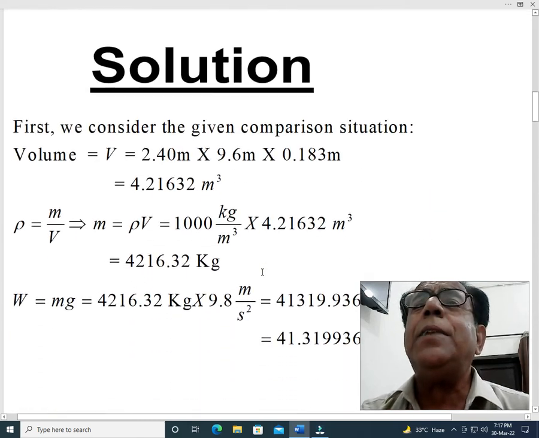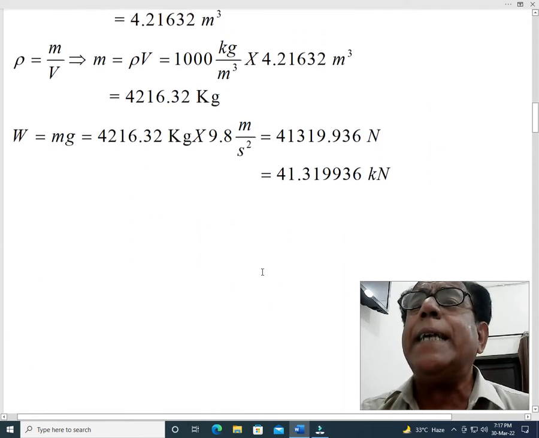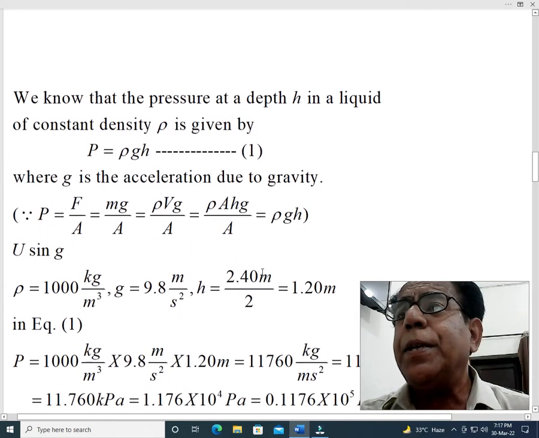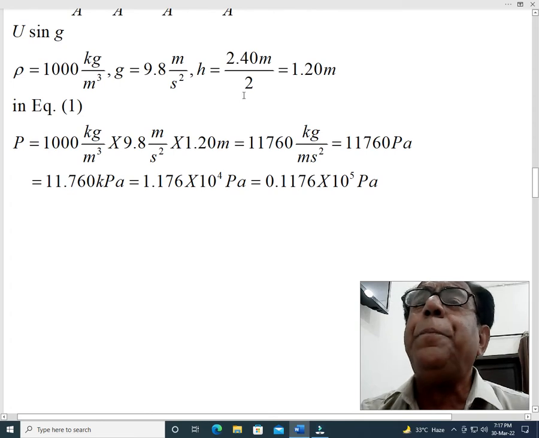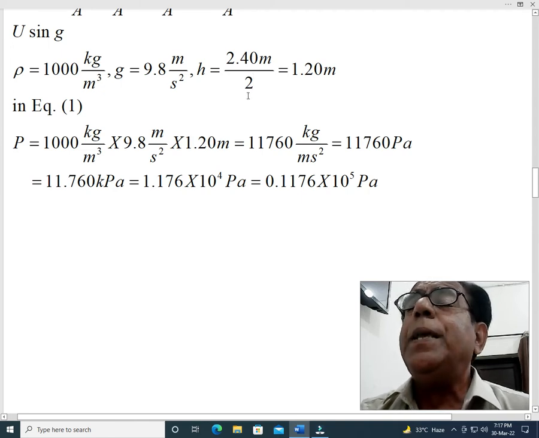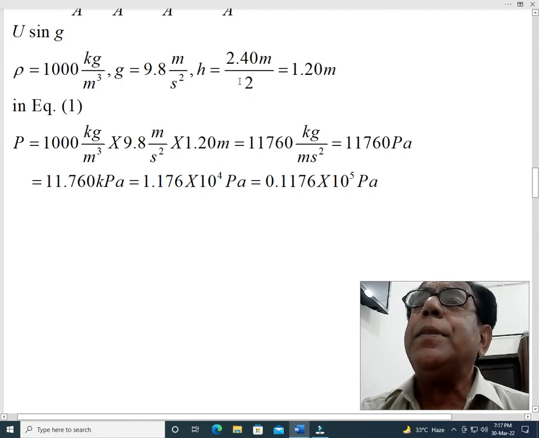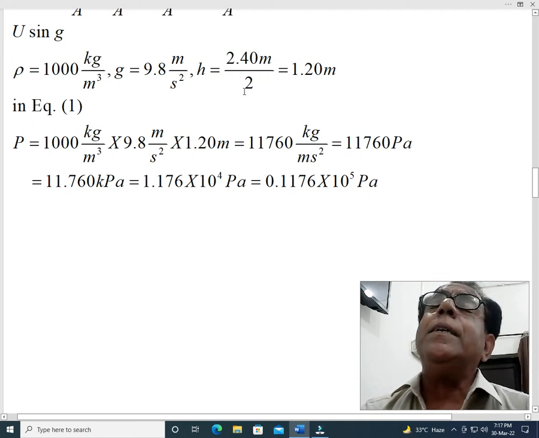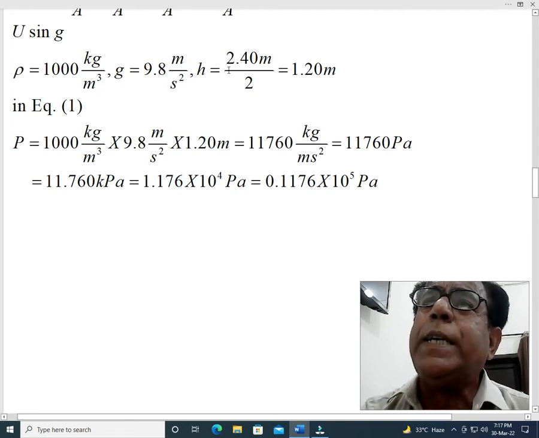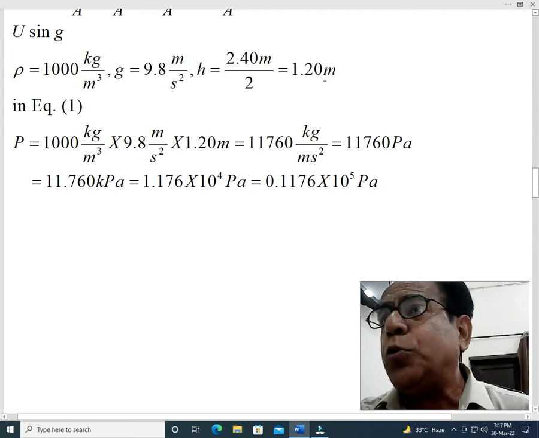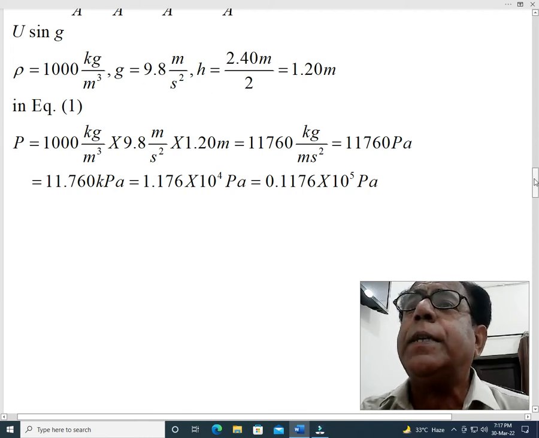That is why. Otherwise this is not like diameter and radius. We know that radius is equal to half of the diameter. But here we have divided by 2, not in the sense that it is a diameter and radius, but this is a special case in which we are focused at the central position of this measurement. That is why we have taken 1.20 meter. In equation number 1,